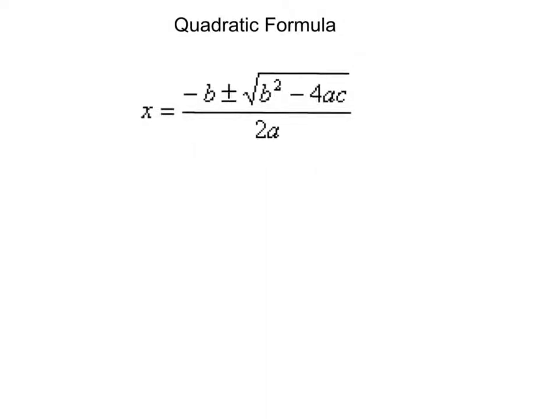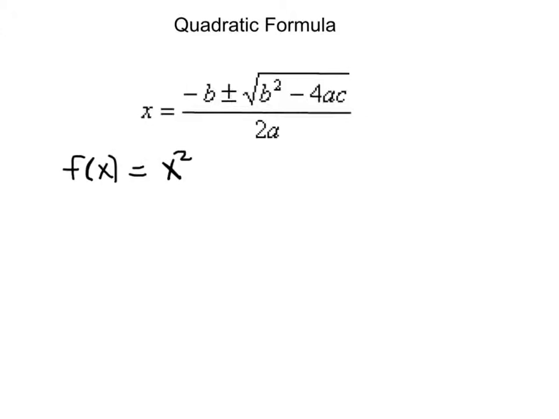Okay, this is a quick little video on showing you how to use the quadratic formula. The quadratic formula is listed above here, and it is x equals negative b plus or minus the square root of b squared minus 4ac all over 2a. Remember that the quadratic formula is used to find the x-intercepts or the roots or the zeros of a quadratic function. So the function that we're going to use today to actually find the x-intercepts of is f of x